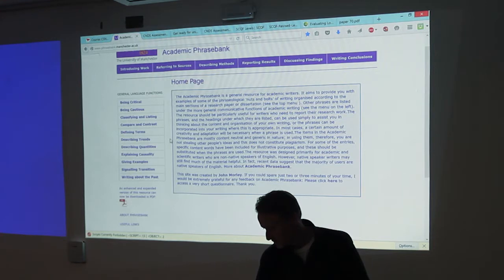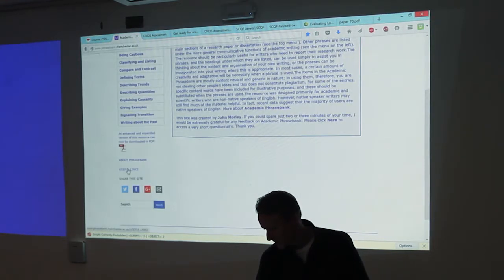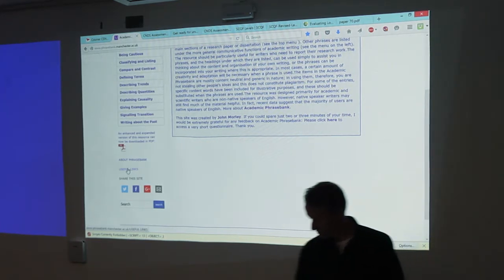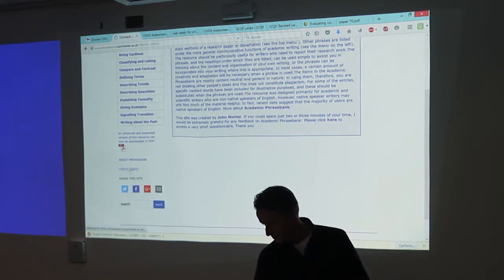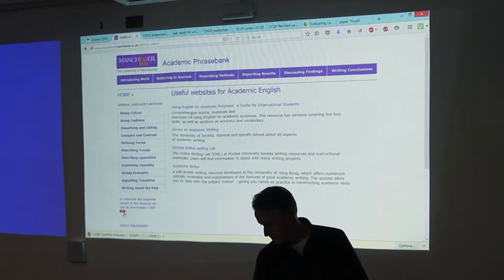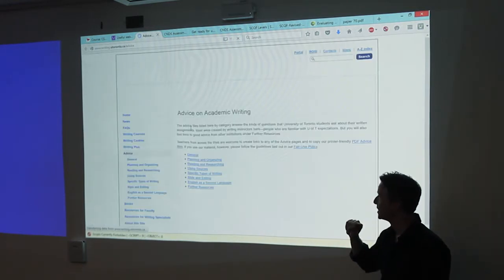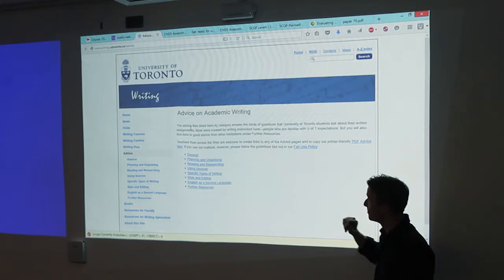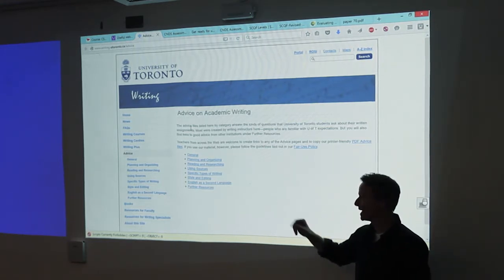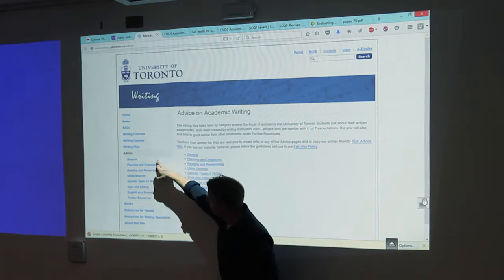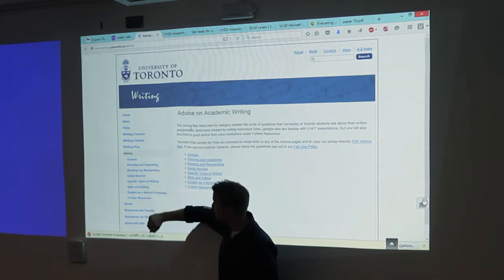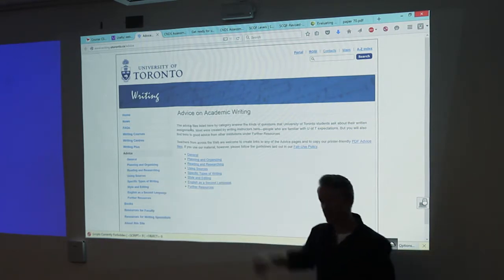But it's also got some other interesting stuff. It's got lots of things about writing, but it's also got this link here, useful links, and it's got a particularly good website, if I can get it to load. So, which one is it? I think it's this one, yeah. So Toronto, this one's quite nice, especially when you're starting out. There's lots of links here, a little bit confusing, but this one's quite good because it's very compact. Each topic has a set of subtopics, so you can have a look at planning, organisation, researching, using resources, types of writing, and there are subtopics.